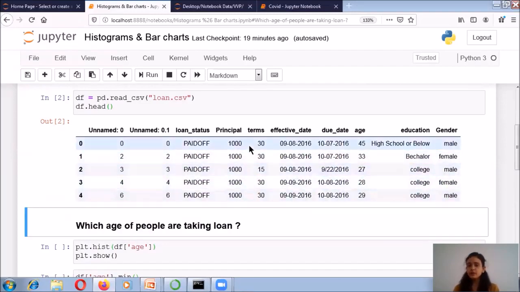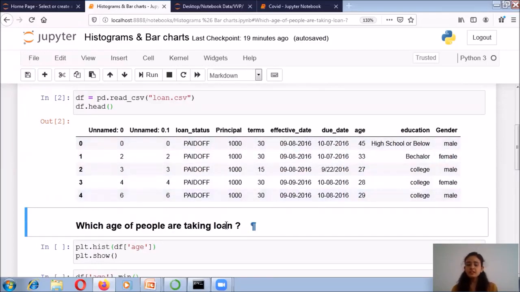Then comes the principal amount, then terms, effective date, due date, and over here I have one age column. This age column, I will take the age as the variable. You can call this column name a variable also. In data science, we call the column names variables. So keep this in mind.